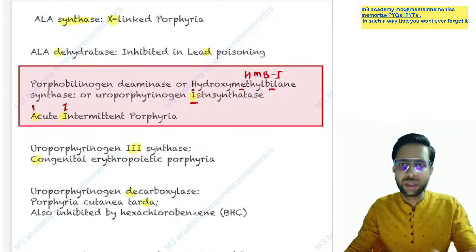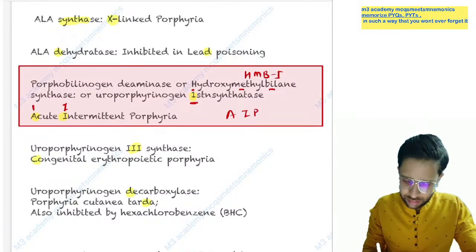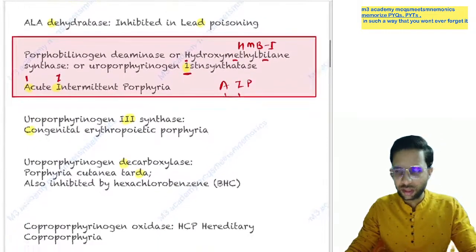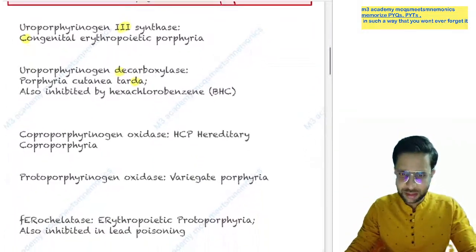So just remember acute intermittent porphyria: A is the first letter, I looks like one. So what happens here? The first enzyme. Yes. Now next is